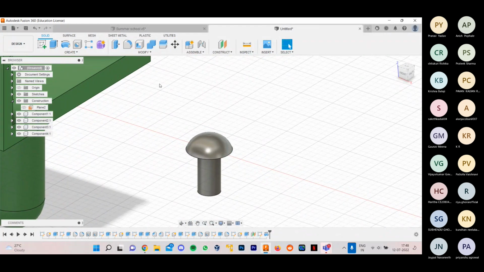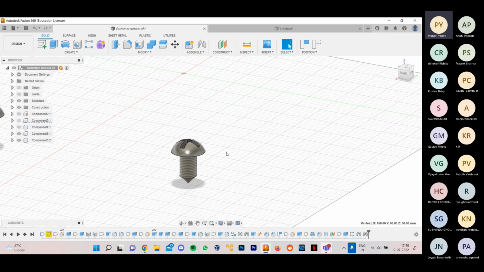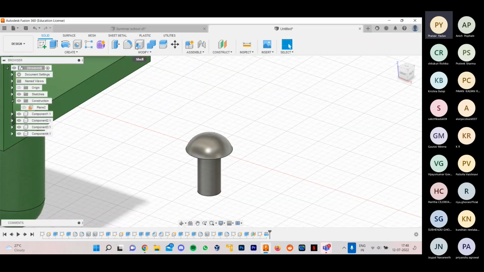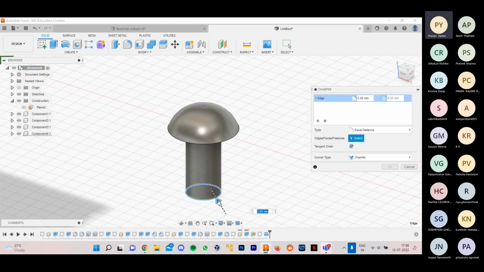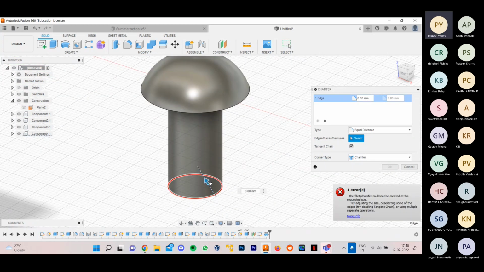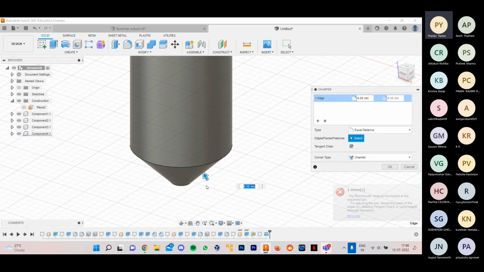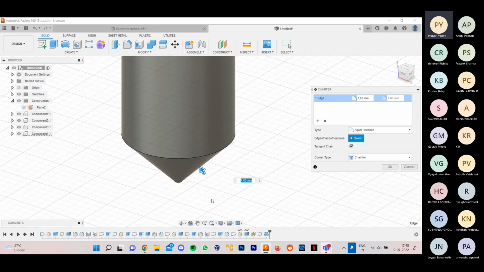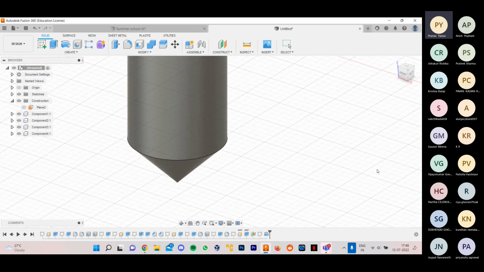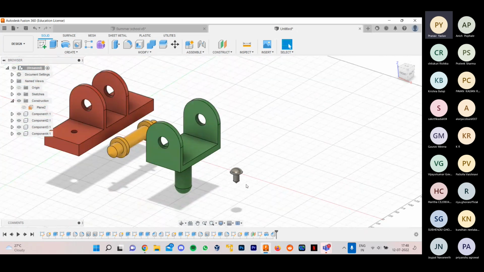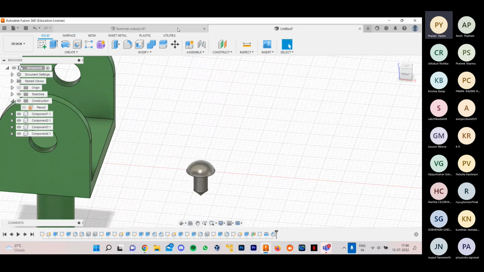Now the next thing would be the chamfer at the bottom. So just click on chamfer, click on this, and just drag it. It is according to your convenience how much you want to do it. So I'll do it 7.5. Now we have the basic sketch available, basic model of a screw available, but we want a plus to